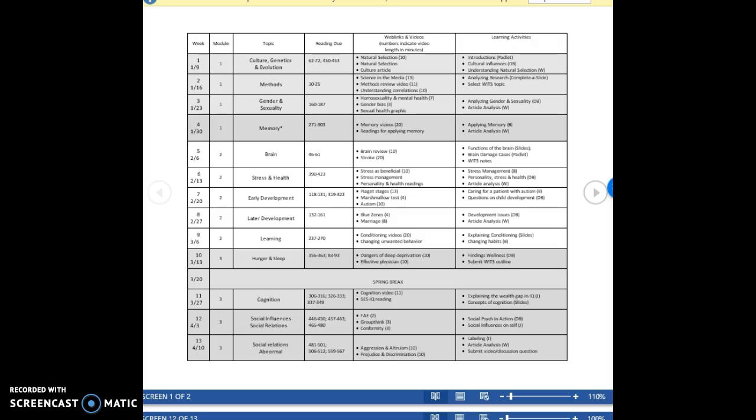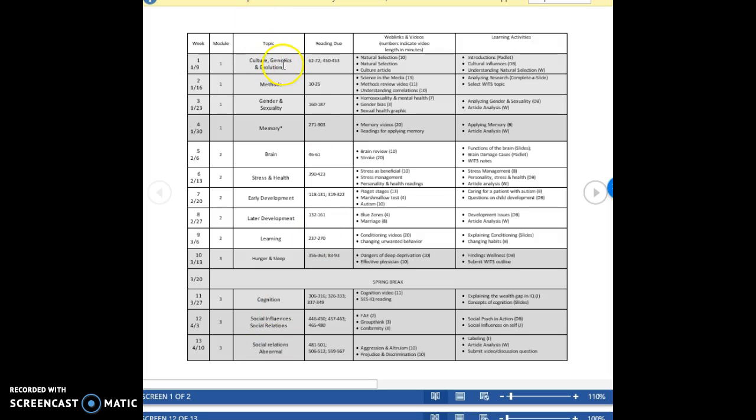The last thing that I wanted to draw your attention to is the general schedule for our course. So this is a separate document from the syllabus, and I just wanted to guide you through it briefly. You can see it's color-coded, or at least shaded, and this is divided into modules. And this is just to guide you through what material you'll be responsible for each test. So test 1 is module 1, that's all of this stuff in the gray. Test 2 would be module 2, all of this information. And then finally, the last exam you're doing will be module 3.